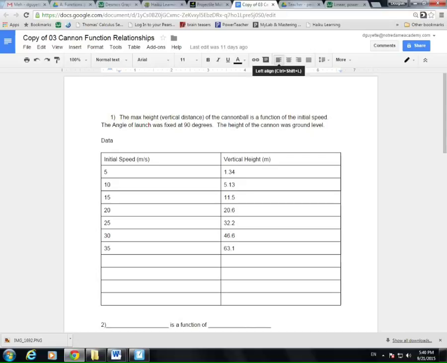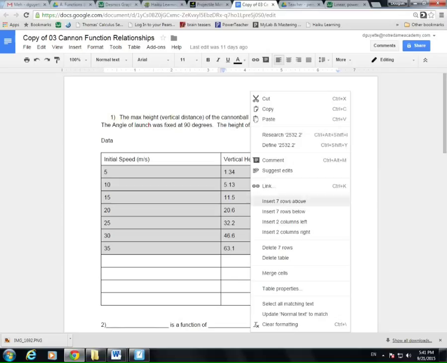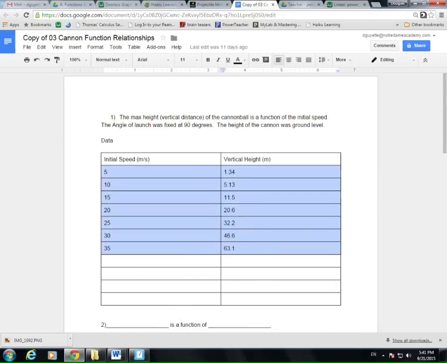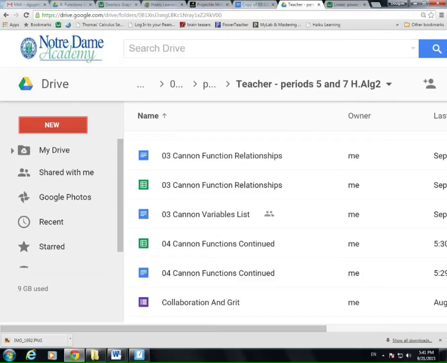Particularly, there's a Desmos file that I've shared with everybody that you'll find in your shared drive or in your email that's going to make this more magical. But there's one step that we have to do in between. You could manually put all of this data into Desmos, but it might be easier to highlight all the data and then right-click, copy. Now it's on the clipboard. Then you go to your Google Drive, create new